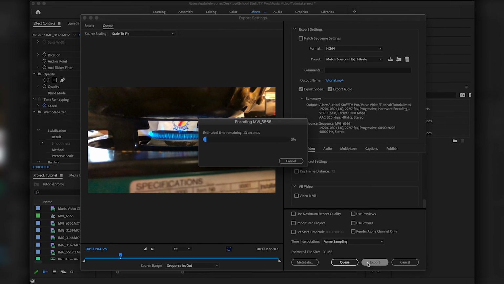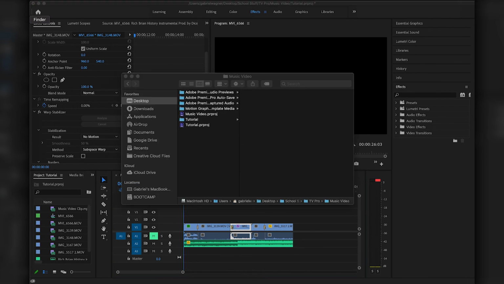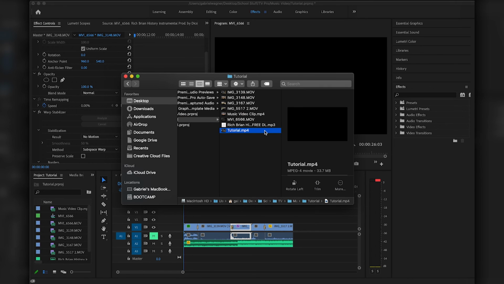Press that. It goes very, very quickly depending on your hardware. And like I said, mileage may vary. And it'll render out. Boom, your video is exported successfully. Now, I'm going to open up Finder and go to my tutorial folder. Here, you will see a tutorial MP4, and if we open it up,